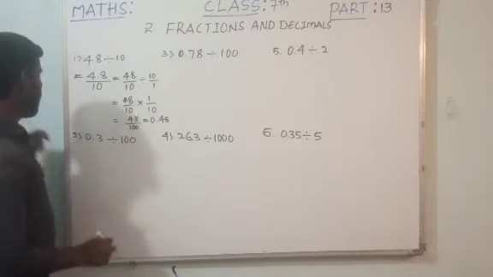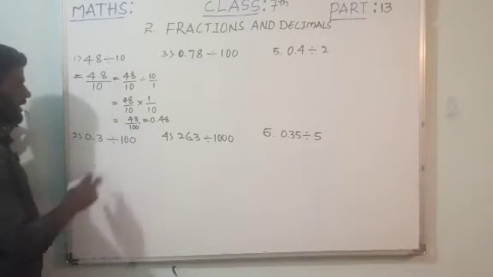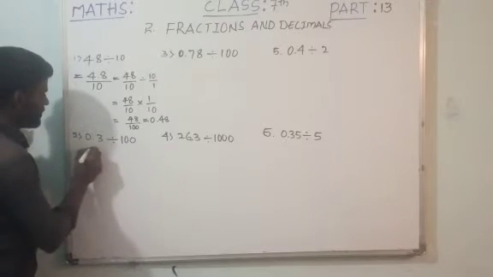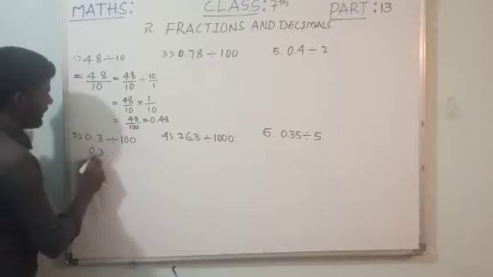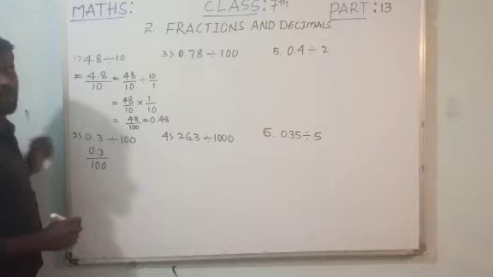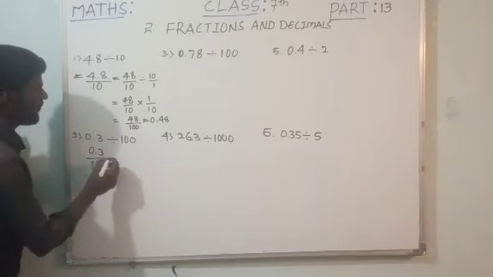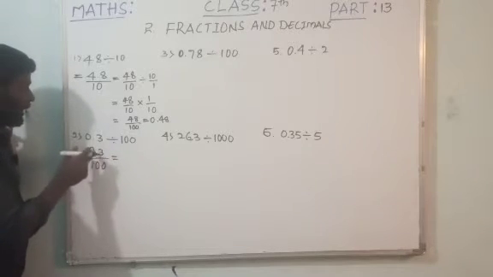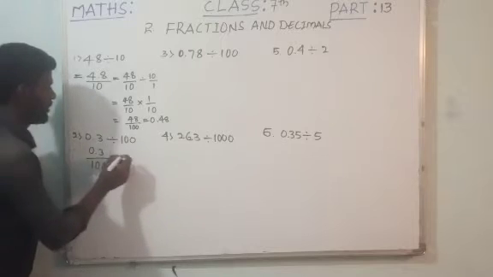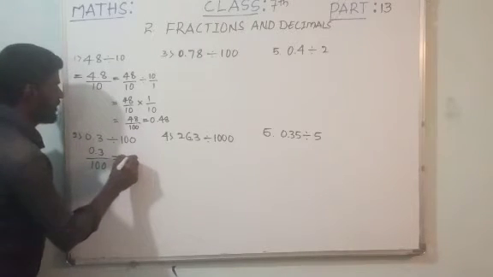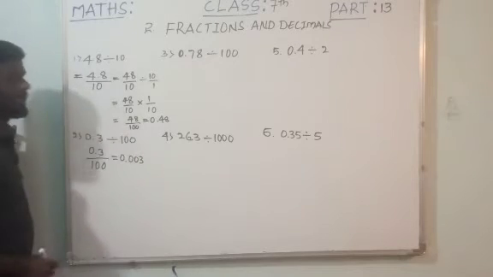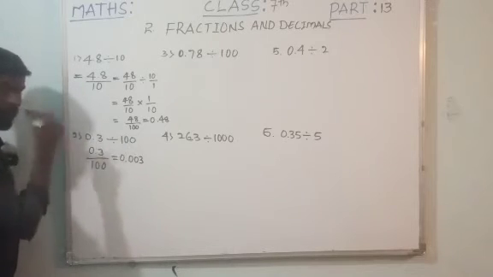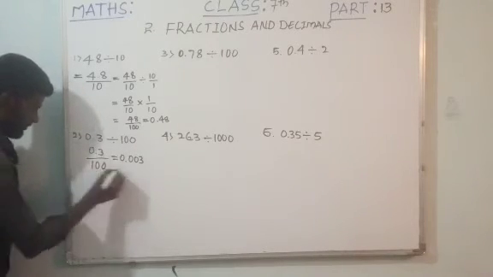0.48. Now example 3, 0.3 divided by 100. I will write this directly. You don't consider the places after the decimal. You have to consider how many zeros, 1 2, that is 0.003, because already one place is there, then two places. We have to verify. 0.3 divided by 100, this is the answer, there is no doubt at all.